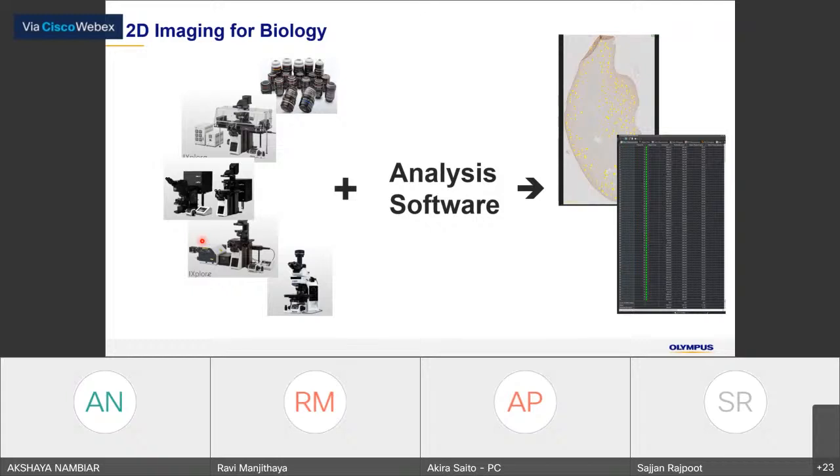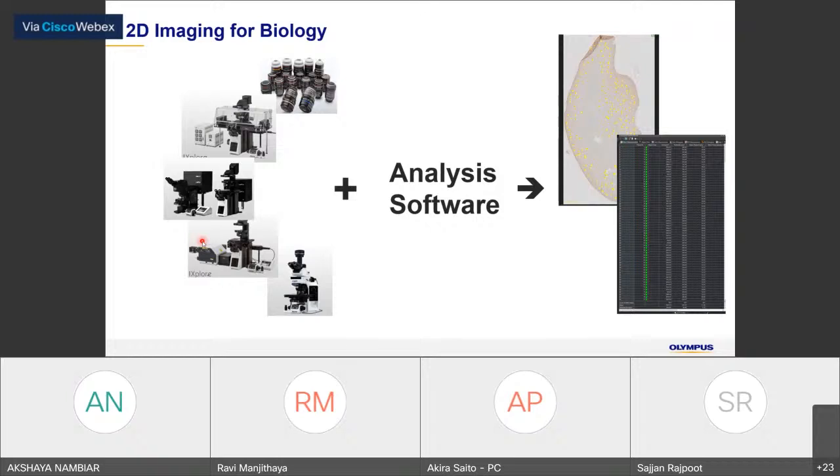Without that, the analysis will not work properly, and the result you get will not be as you expected. So it's very important to understand the optics, what kind of objective you are using, and what kind of microscope technology, I mean the observation methods, that you are using.